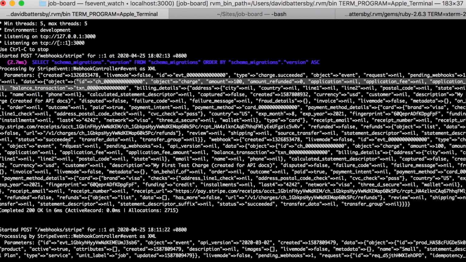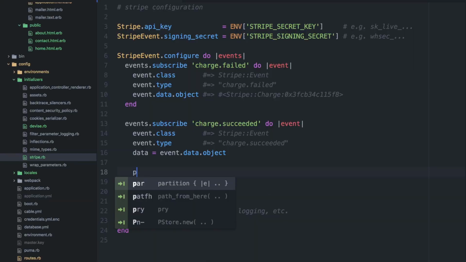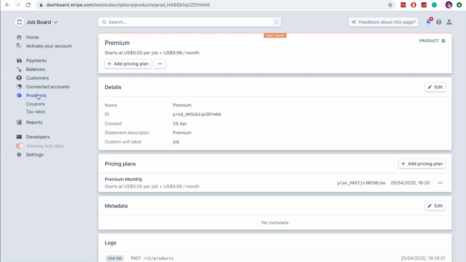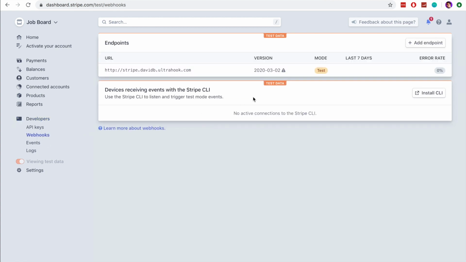So a good option maybe to use is going to the Stripe dashboard, and in the Stripe dashboard you can actually get a more readable solution to this information they're sending. So I'm going to show you how to do that now. So if we go to our webhooks